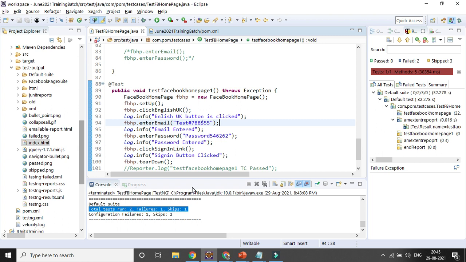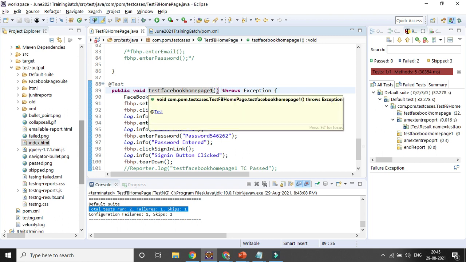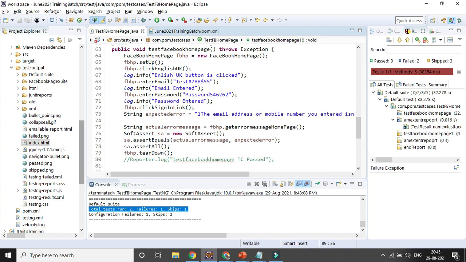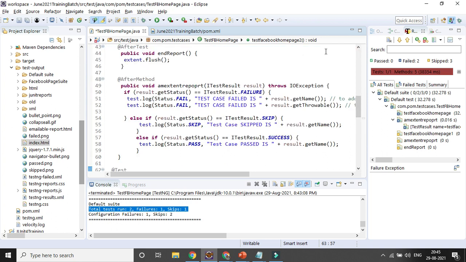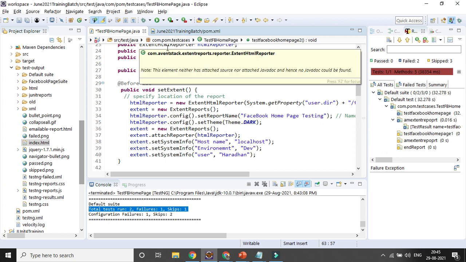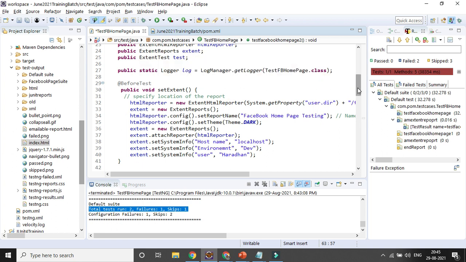So how can you add it? You have created three different variables: one is the extent reporter, then extent report, then extent test.